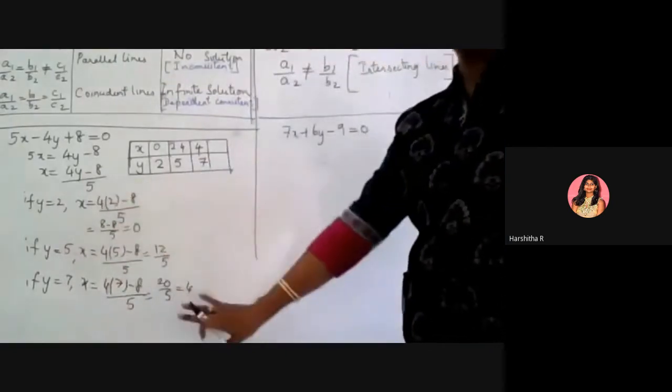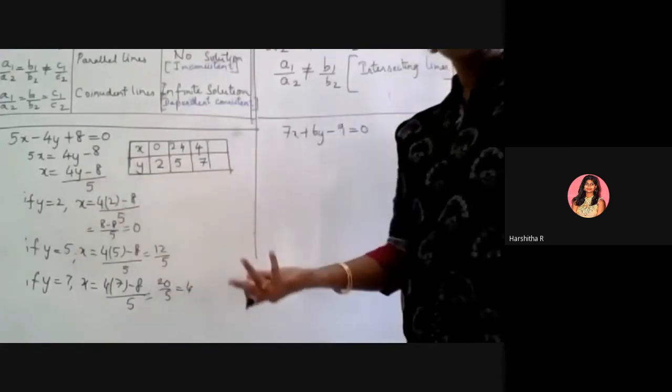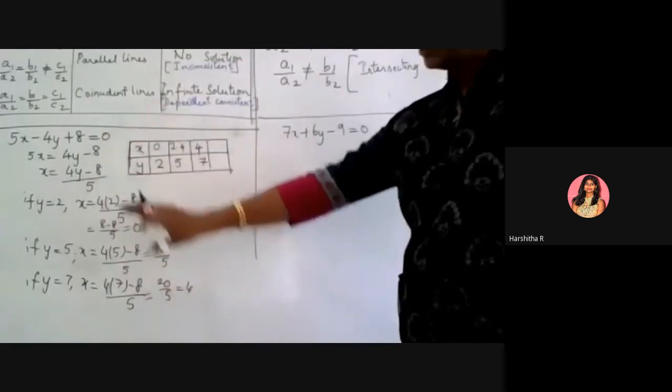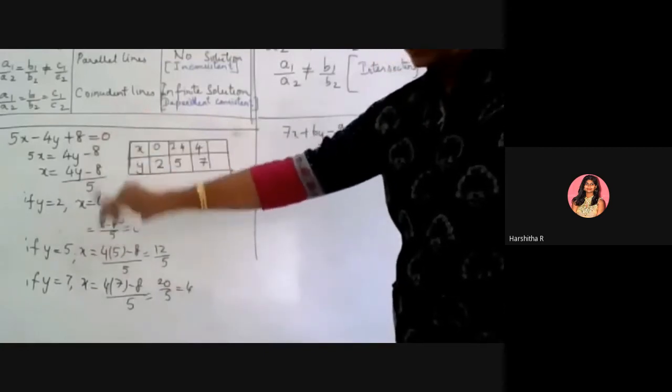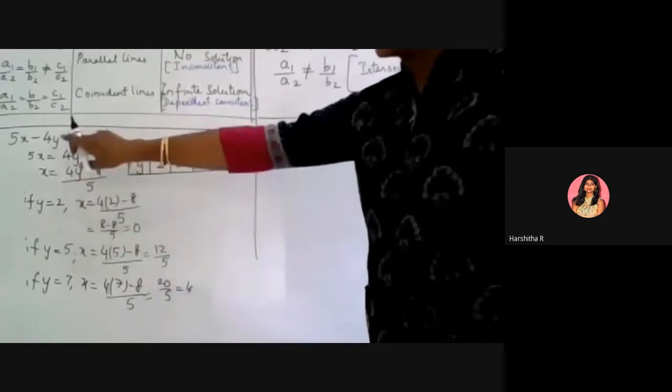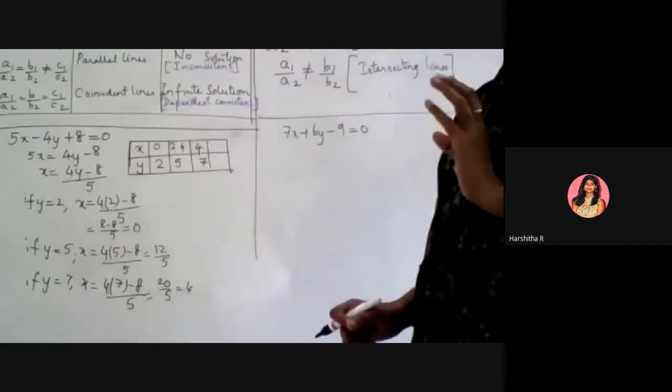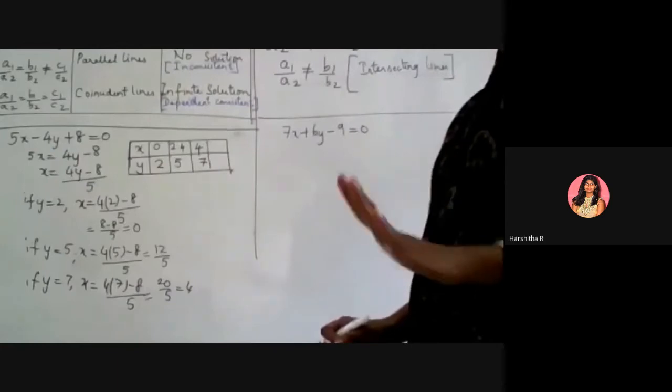Like this, you will take it for the next equation, that is 7x plus 6y minus 9 equals 0. I have picked some values for this one. If you want to work out and see, please work out and see. Nobody is stopping you. If you are able to mentally calculate the numerator and then divide, it is fine. So I could skip and go because I am able to calculate. If you want to do it one by one, after 2, try 3, then 4, then 5, then 6, then 7. Here, starting with 0, I pick values of y, and I will calculate what x is accordingly. So you can do it if you want. If you are not able to do it mentally, you can always write down, calculate, and do. Nobody is going to stop you.